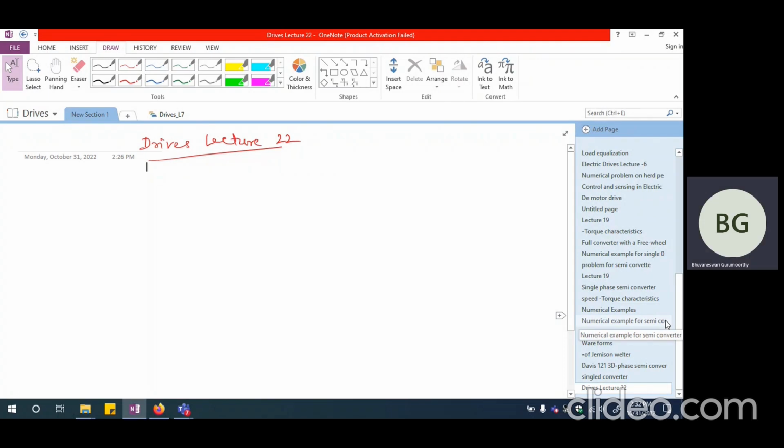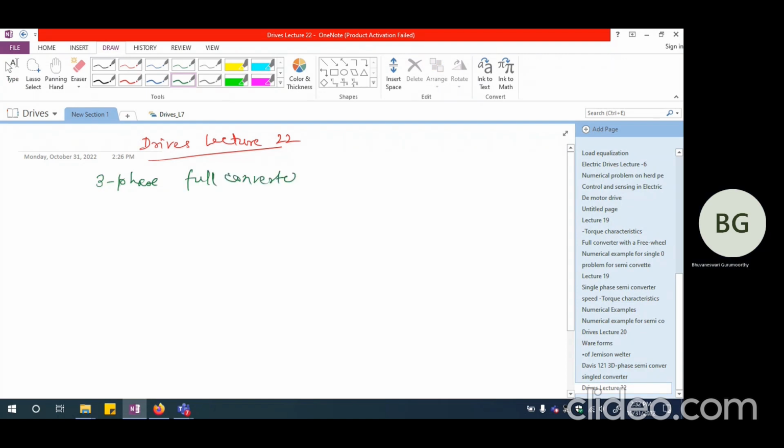Okay, good afternoon. We are going to start on drives, lecture number 22. In the last class, we had looked at semi-converter fed separately excited DC motor drive, specifically three-phase semi-converter fed separately excited DC motor drive. And we had looked at what is the difference between three-phase full converter